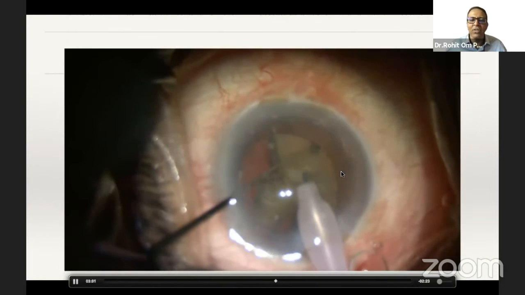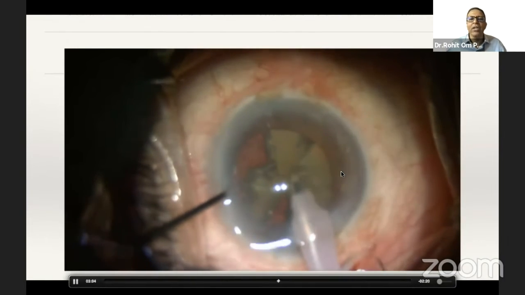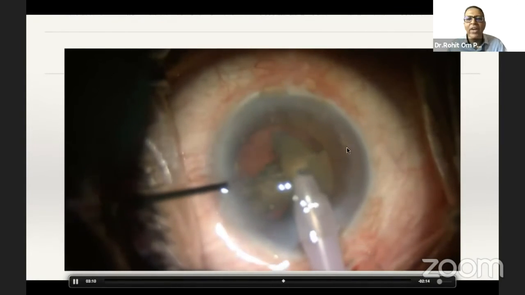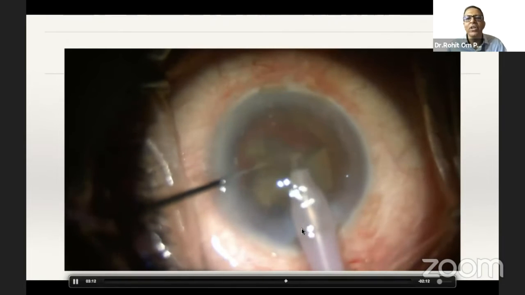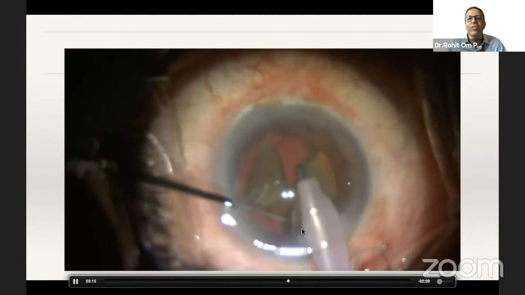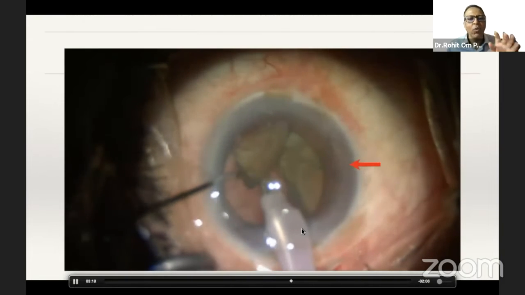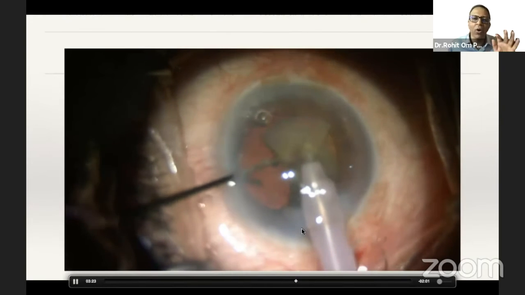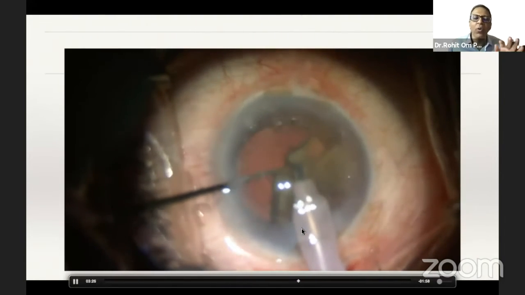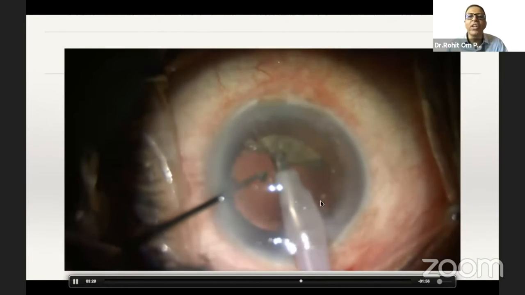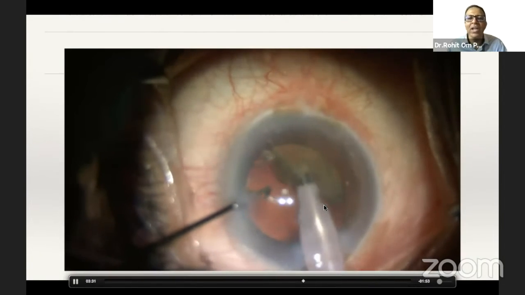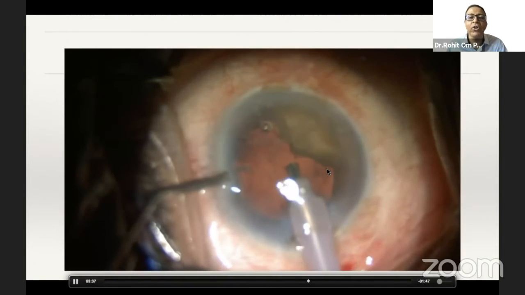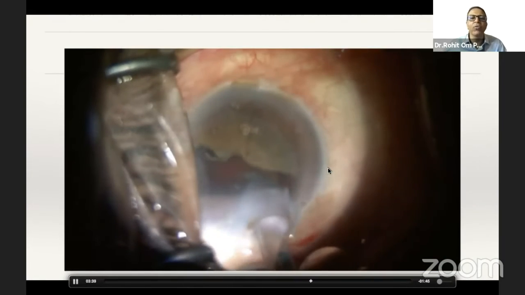Now you will realize that three-dimensional support here is provided by two things. First, the CTR, and second, these hard intrinsic nuclear fragments. Soft nuclear fragments would not have served the purpose, and I would have used capsular hooks by all means in conjunction with CTR. So this helped me in delaying that. Now the last nuclear piece, I'm just taking it out because at this point of time, the anterior posterior support would not have been there.